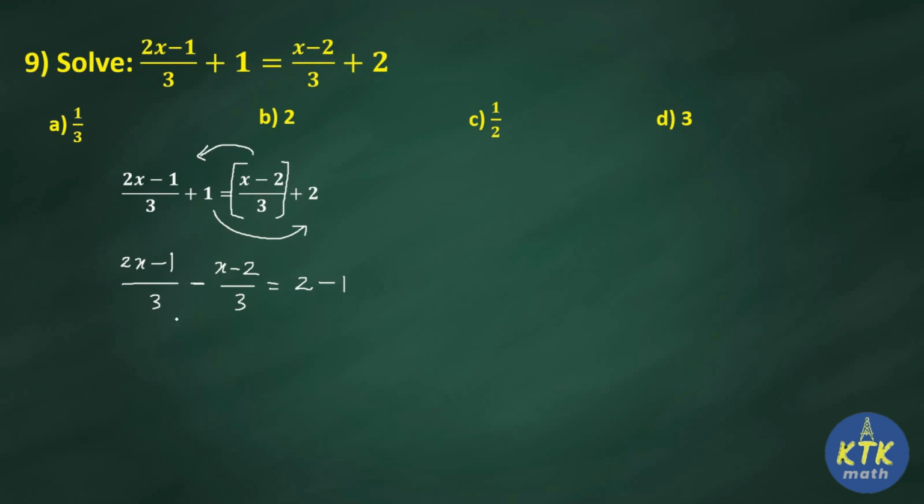Now like fractions only, directly you can subtract the numerators. How am I going to write? 2x minus 1 minus x plus 2. Don't wonder how I am changing the symbols. This is minus, so minus x, then minus of minus 2 is plus 2, by 3 is equal to 2 minus 1, which is 1. Okay, now start solving the like terms. 2x minus x is x, minus 1 plus 2 is 1. The 3 moves to the right side. So 3 ones are 3. Almost you got the answer, I think. 3 minus 1, 2. So your answer is option B, 2.